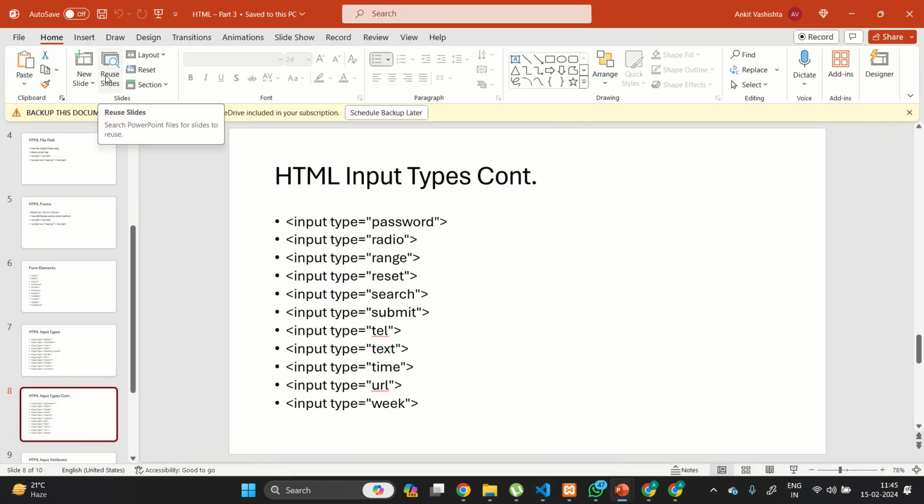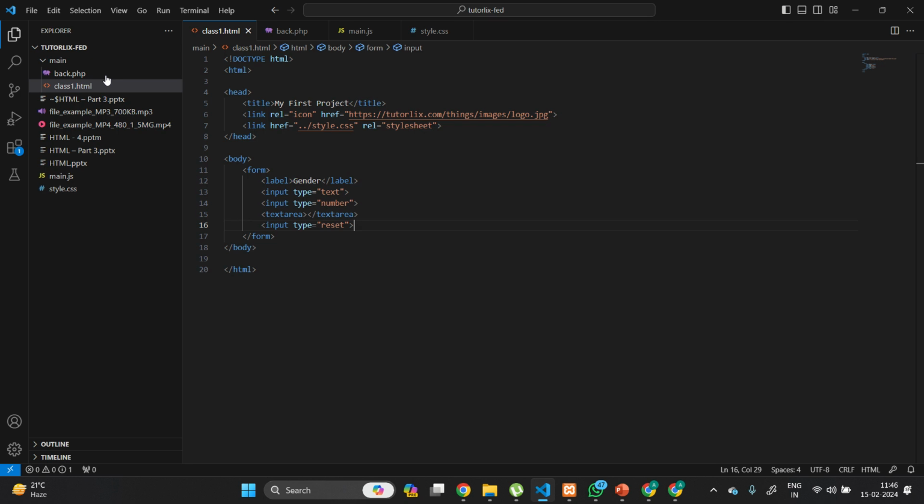Next is the input type search. Input type search is similar to the input type text, with just a difference that we get a cross mark. Okay, so if we do something like input type search,